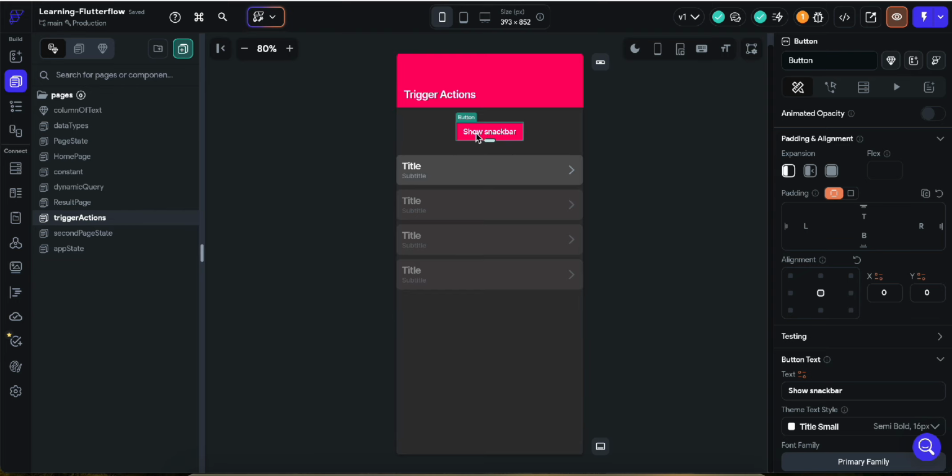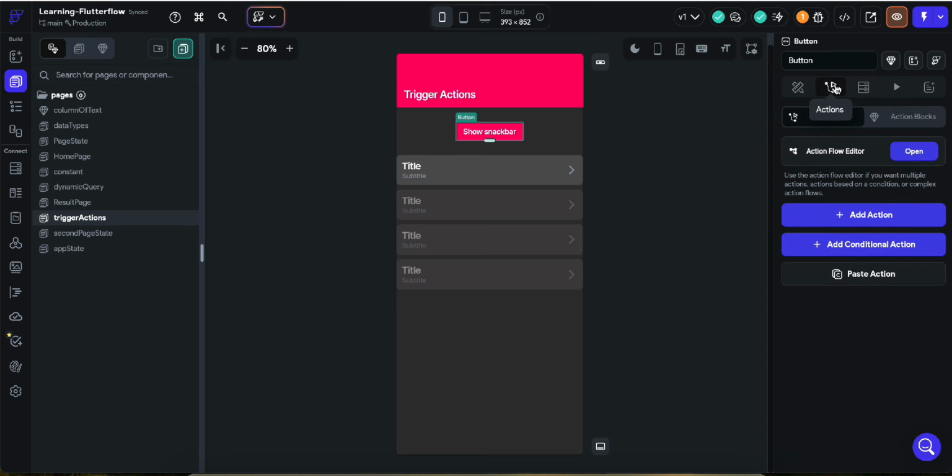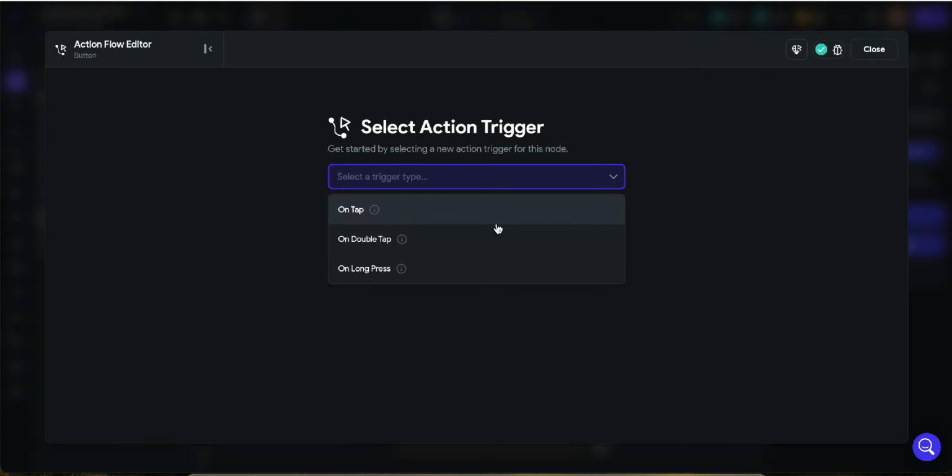So how can we add this action? If you want to add this action, you need to go to this button. You can see here it says actions. You need to click on this button, and now you can open it directly, or you can add it directly from here. It's better to use open because you will be able to see another pop-up